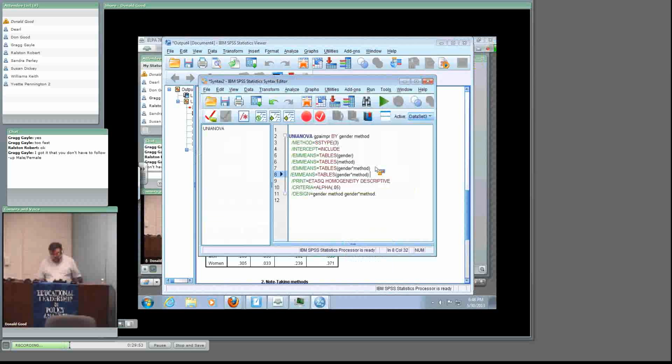Now, look what it says in step 5. For those 2 lines, we've got to add something to each of the 2 lines. And the reason again we have 2 lines is because there are 2 independent variables. So for the first line, we're going to say COMPARE, and I don't know if it matters if it's all caps or not. I'm scared not to. I just know it works this way. COMPARE